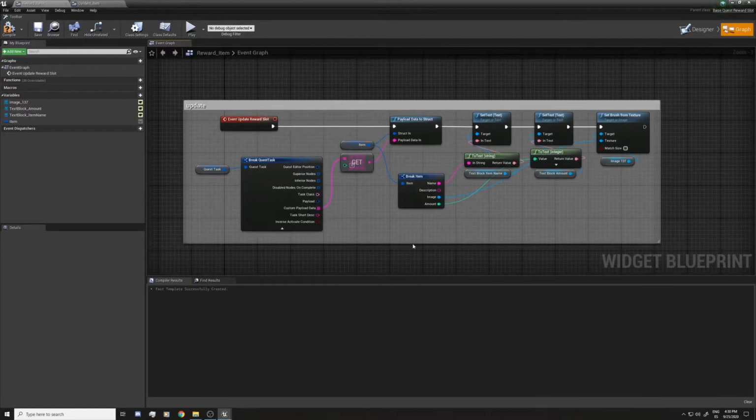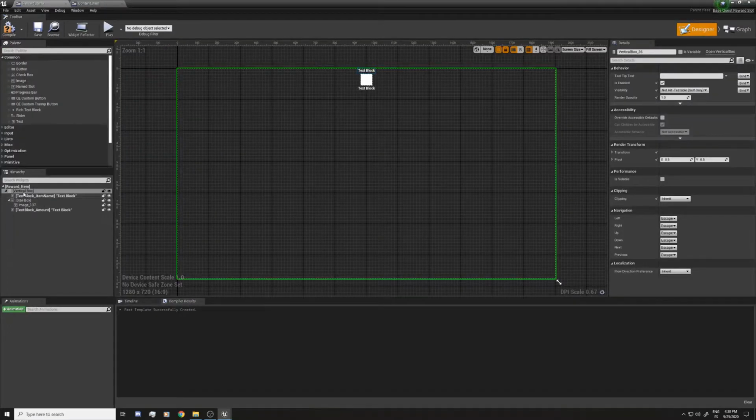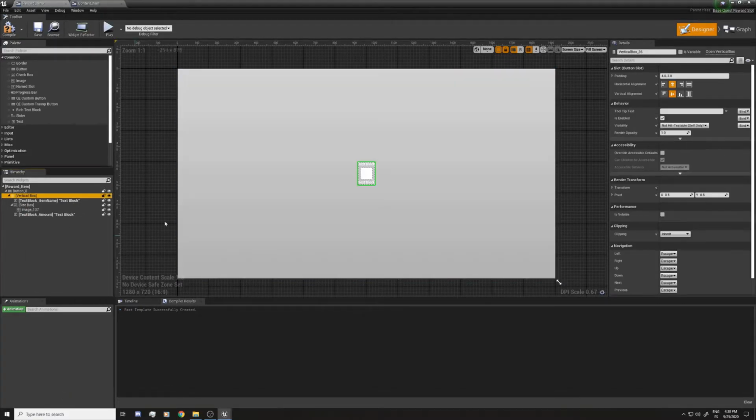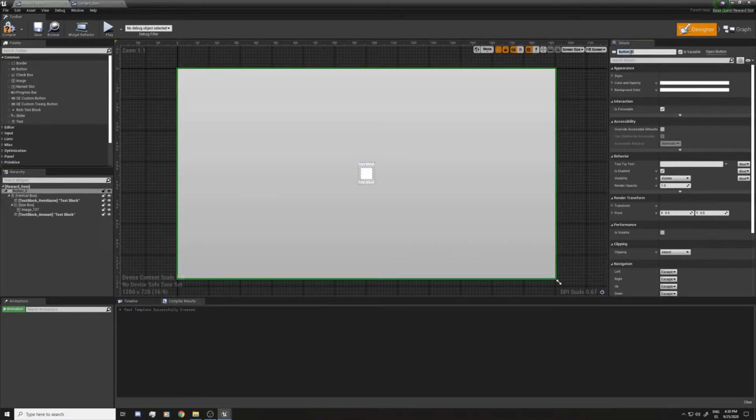And this is just gonna update how the UI looks, but we're gonna need also a new function that somehow tells the system that this reward was selected by the player. So for that we're gonna grab this vertical box with a button. If you click this button, you're gonna choose the reward.